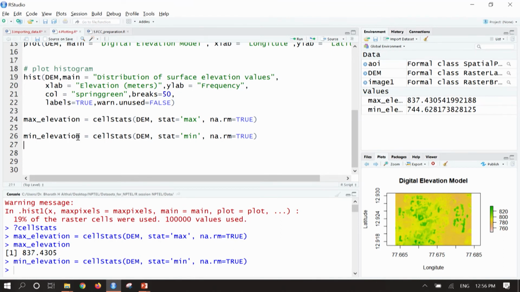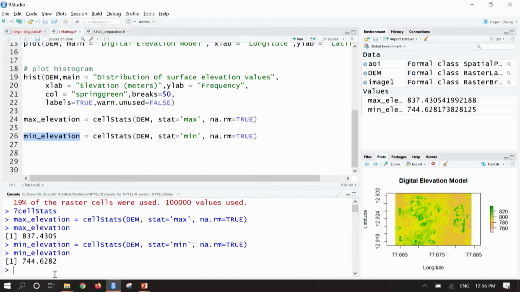If we see what is the minimum elevation, copy these and put them into the console and run it, the minimum elevation is 744.62. The pixel value ranges from 744 to 837. This is how we can inspect the maximum and minimum value of the raster using the cellStats command.